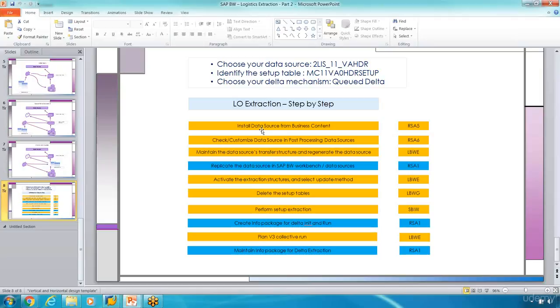So, first thing what you have to do is to find out what kind of data source you're going to do an extraction. So I'm taking this as an example, like 2LIS_11_VA, and this is the setup table, MC11VA0HDRSETUP, and then the delta mechanism, what I'm going to do is the Q delta. Okay, and we will go through one more time the steps here for logistic